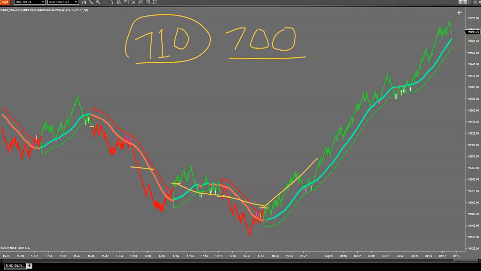Like if I have a 710 goal, I could just go, okay, get me 355. So trade one, I get my 355. So I'm halfway to 710. This one I lose a little bit. This one I make a little bit. So let's say I'm still at about 350. Then this one goes till I tag 355. Okay, now I'm above 700, but I've hit 710 and I'm done for the day.